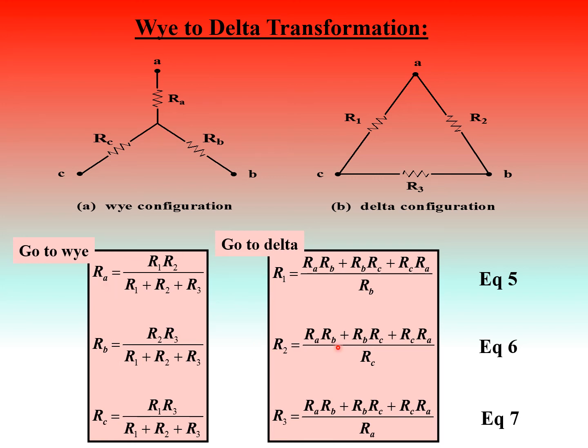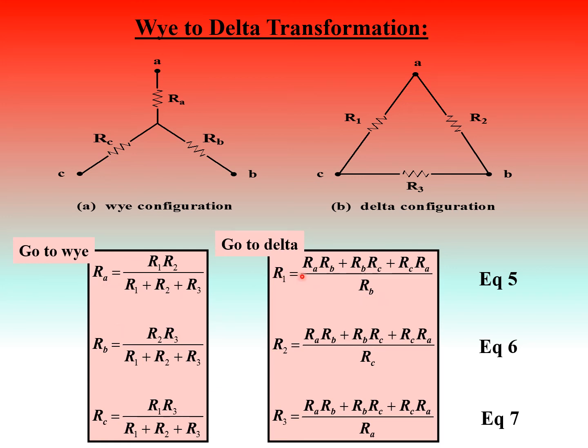If we carefully observe these things, then what we come to know is, these are the equations when you want to convert into star or Y, and these are the equations if you want to convert star into delta. So in the first set of equations, when you want to convert into Y, you observe that for all of RA, RB, RC the denominator is the same, only the numerator is changing. For A, 1 and 2 will come on the numerator. For B, 2 and 3 will come. For C, 3 and 1 will come. The cyclic order you can remember like that.